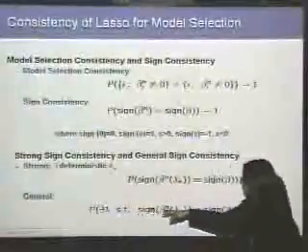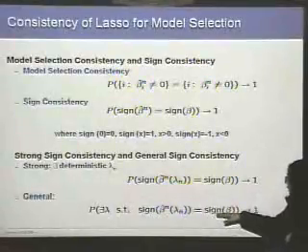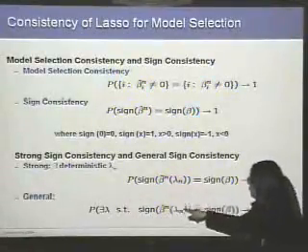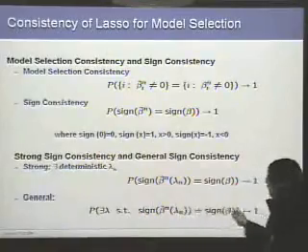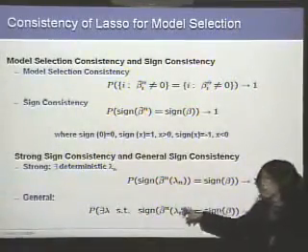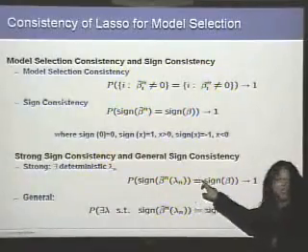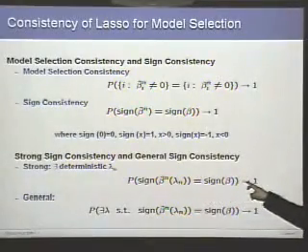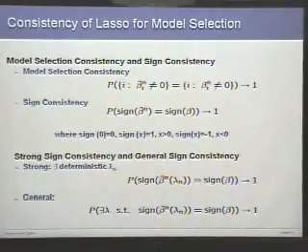And we make it stronger, just because the mathematics is easier. We have something called strong sign consistency, saying that you have a fixed lambda that doesn't depend on data, and when it goes to 0 at the right rate, you have consistency. The other one is a general condition, saying that you can choose lambda stochastically, depending on the data, and make it consistent, because in practice you search for lambda depending on the data. So if the strong one holds, the general one holds, but not the other way around. This is a more stringent requirement: you want a fixed lambda n.